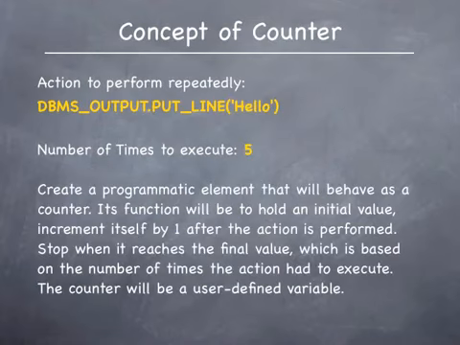In my earlier tutorial, I explained the concept of a counter, which was needed to control the number of times a loop executed. The creation of a variable that will behave as a counter is very important as part of the looping process. It is simply a variable that is of number type. The variable could be assigned an initial value, where the initial value may or may not play an important part in the program. The counter variable controls how many times the action will be done, and it is your responsibility as the programmer to change the value of the counter each time the action is performed, so that when the counter reaches a final value, the repetition of the action will stop.